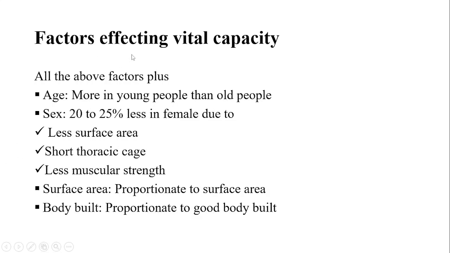And some other factors alongside the regulating factors affect the vital capacity. They are the age. Vital capacity is more in young people because their strength of respiratory muscle is more in comparison to old people. And sex, it's more in male, and the causes behind it have been previously mentioned. And surface area, proportionate to surface area, the more the surface area, the more the space for the air to enter